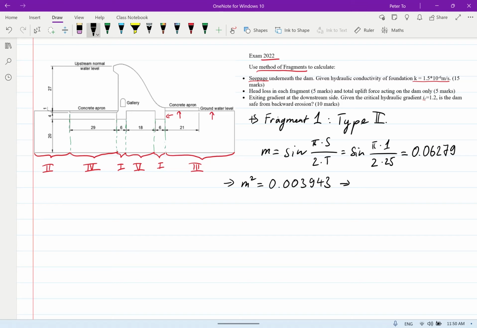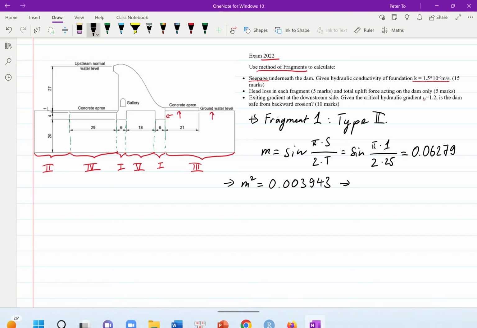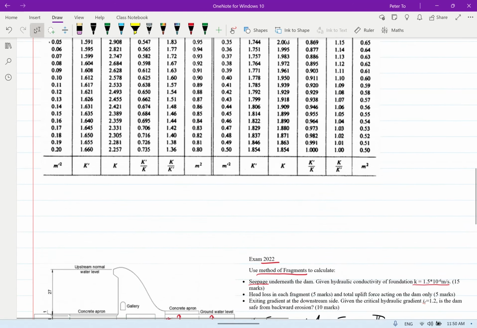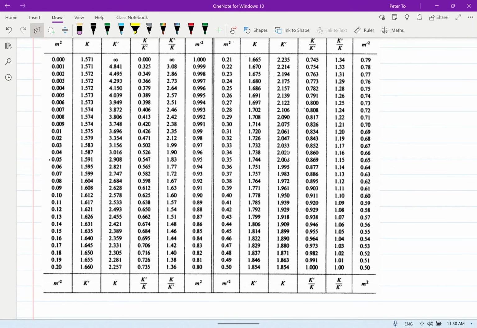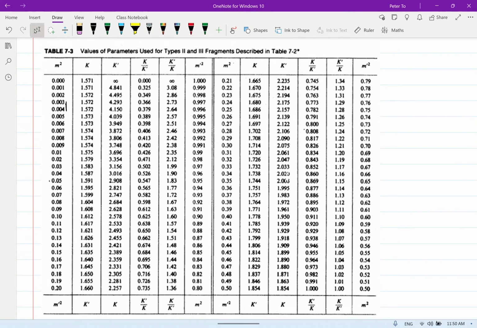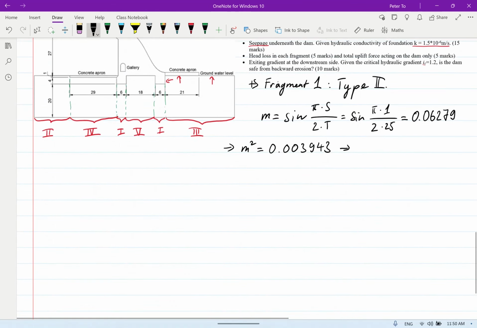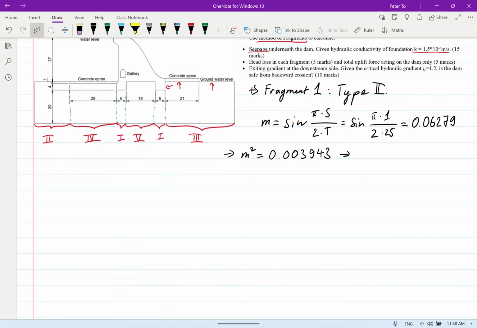Alright. Now, let's have a look at the table. I think I have it somewhere over here. So, I have my m squared equal to 0.03, so it must be in between this one. And I look for the value of k, k dash, should be this one. So, I use interpolation to find the number of this one, and it must be roughly